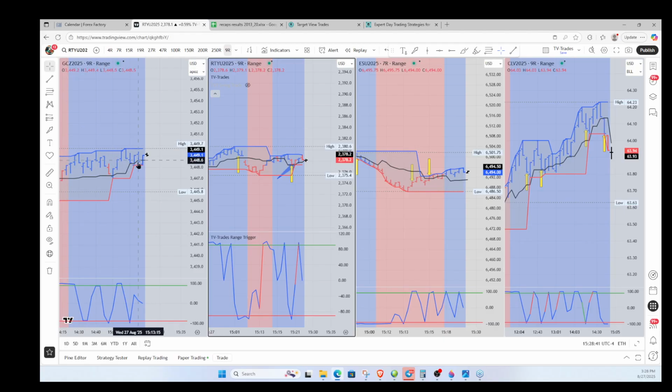Alright. Well, the gold is in some pretty good chop. Right here is where we entered, so we're right at break even on this right now. When the markets do start to move, I expect it's going to get up above the prior swing high right here. I'm tempted to bail on the trade right now because it's been taking so long, but